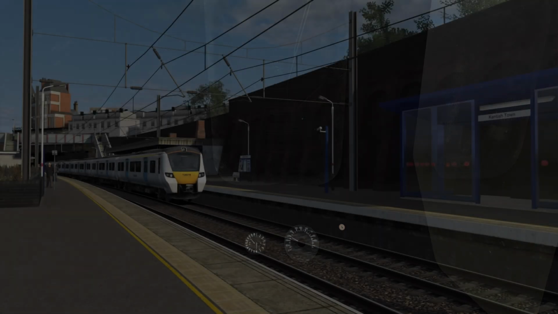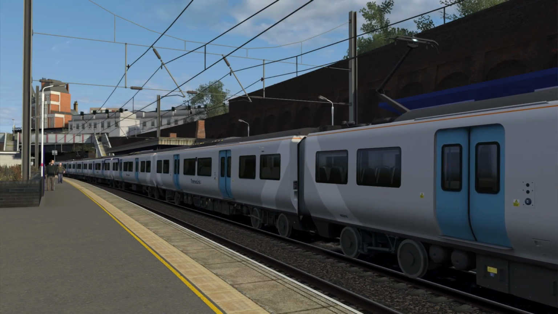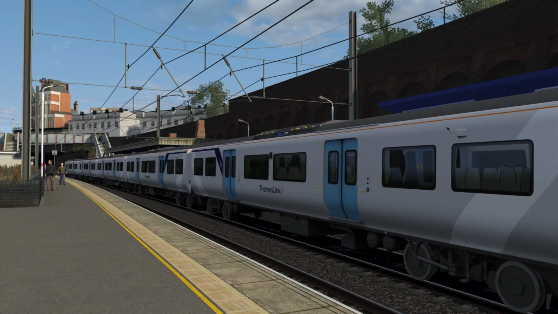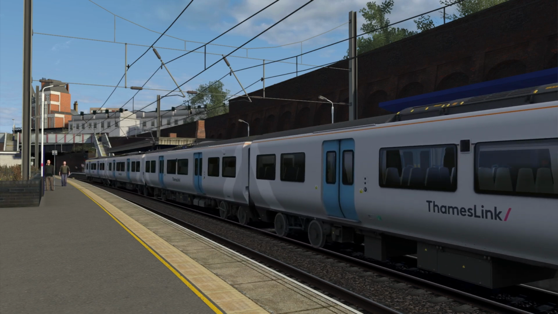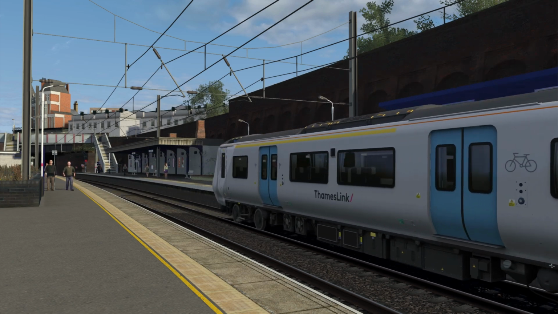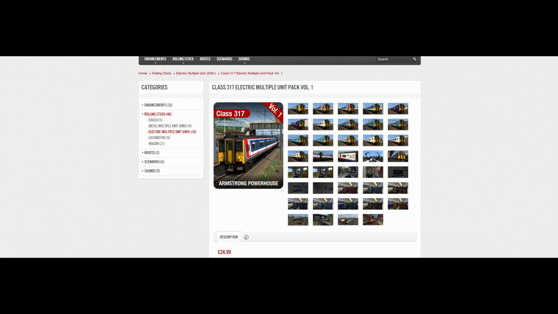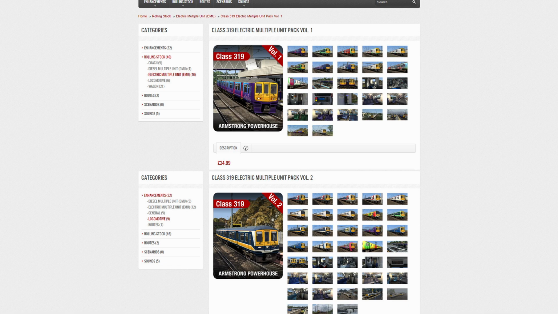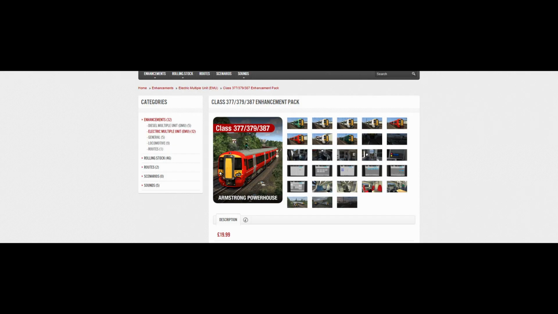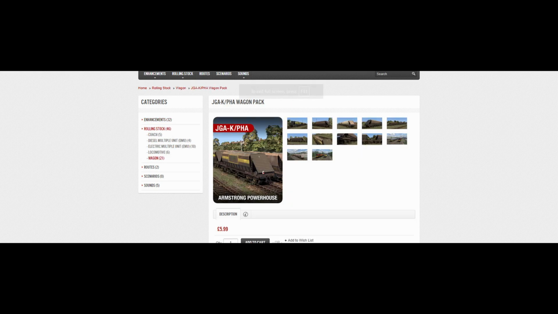Talking of scenarios, 4 have been included with this package, and all of which are based around the real-life operations of the Thameslink Class 700 EMUs. It's also worth noting that AP have also updated the following packs to provide compatibility with this add-on. These include the Class 43 HST VP185 pack, the Class 317 Volume 1, Class 319 Volumes 1 and 2, the 387 Electrostar EP, and the TDA-D, JPA and